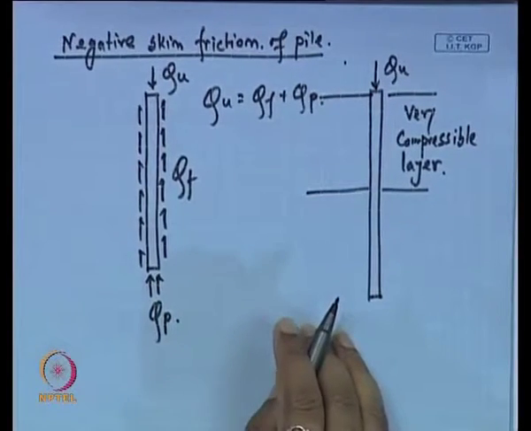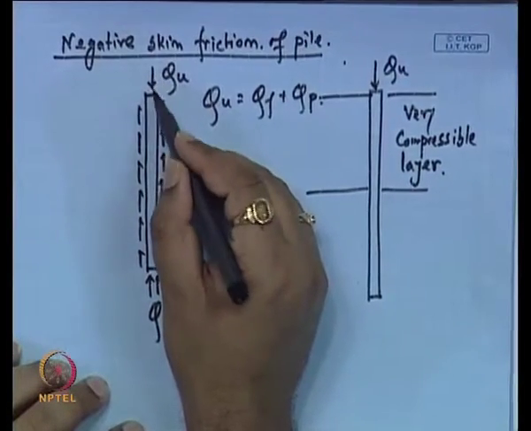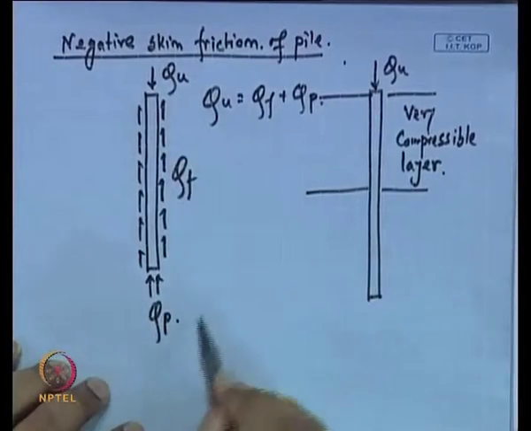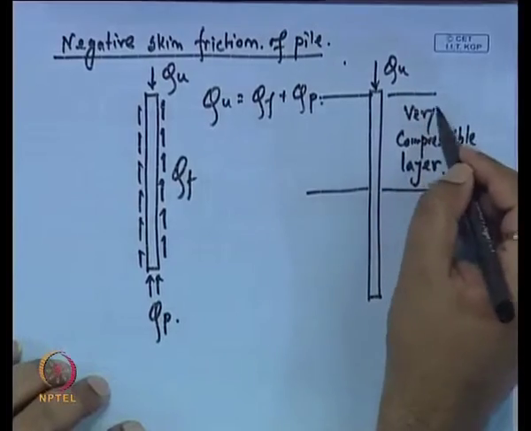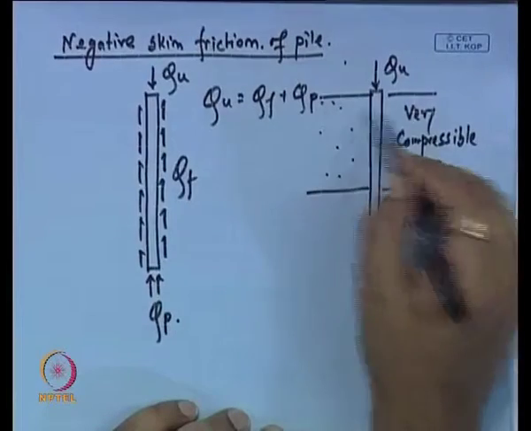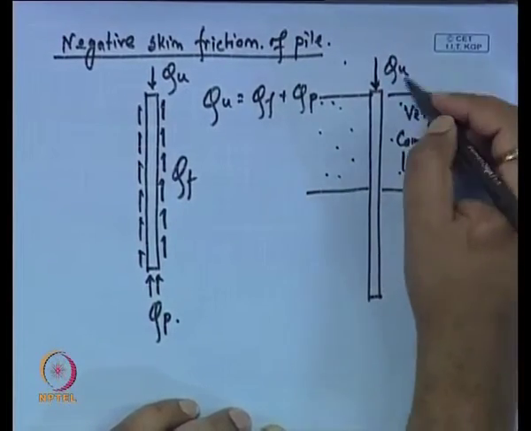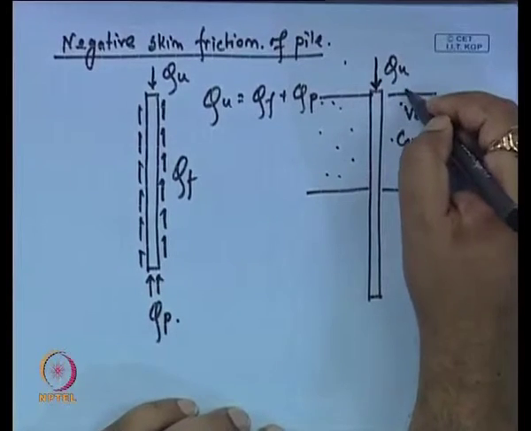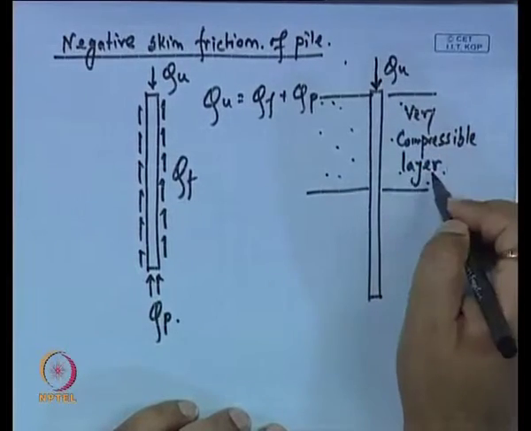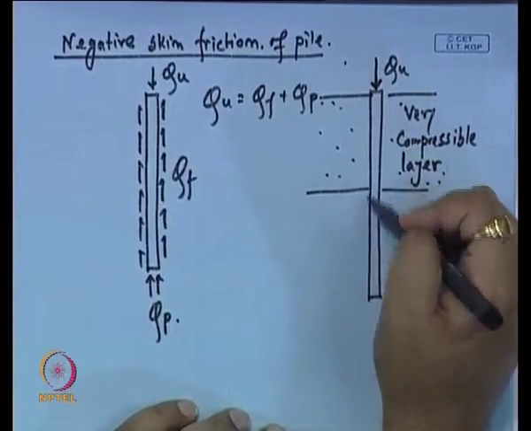So, what will happen here is that if the pile is moving in the downward direction, the resistance you are getting is in the upward direction. But here, due to the very compressible nature of this layer, suppose this portion is filling soil which is very loose during the installation of the pile, when we apply the load, the settlement of this soil, this compressible layer,